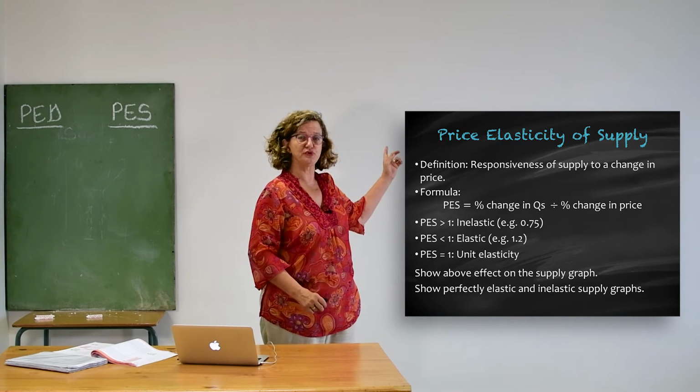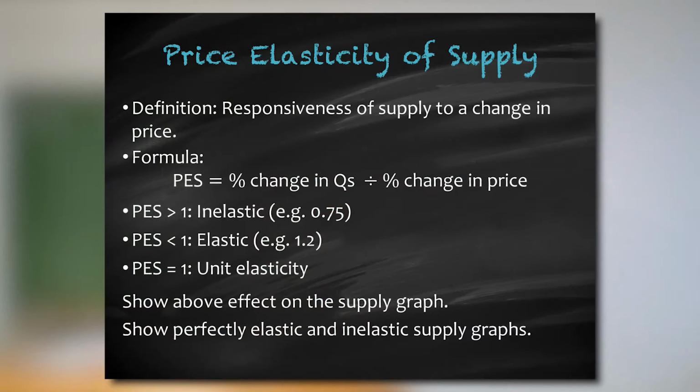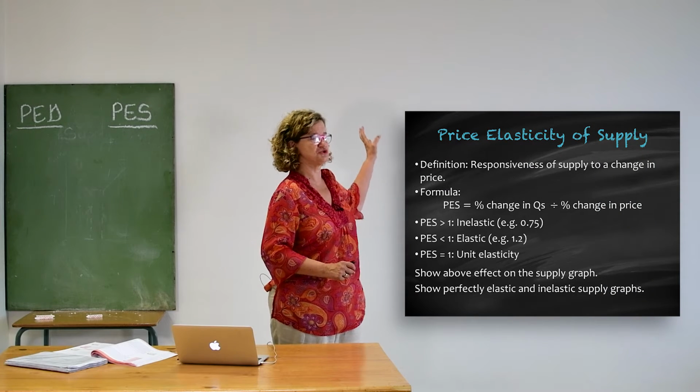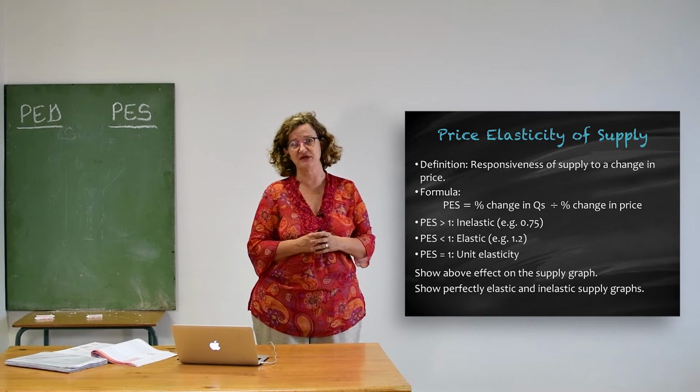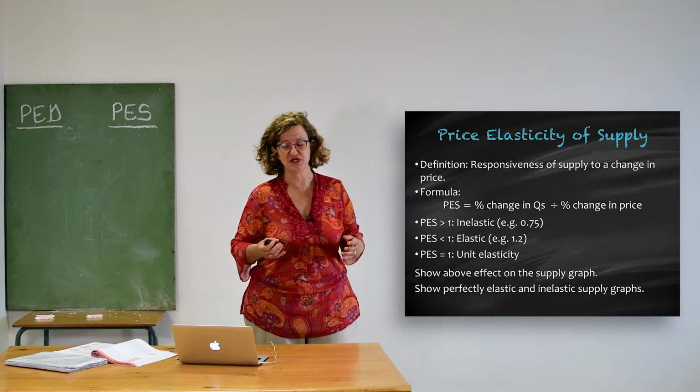I will show you, you can see there on the PowerPoint how you calculate this percentage change in price, because they can give you the percentage change, or they can tell you that the price changed from $10 to $15, and then you must calculate the percentage change in price. Or they tell you the quantity supplied changed from 2,000 to 3,000, and then you must calculate the percentage change